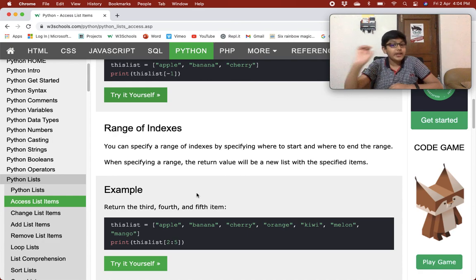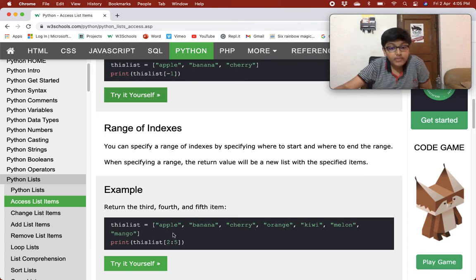So range of indexes. You can specify a range of indexes by specifying where to start and where to end the range. When you specify a range, the return value will be a new list with the specified items.